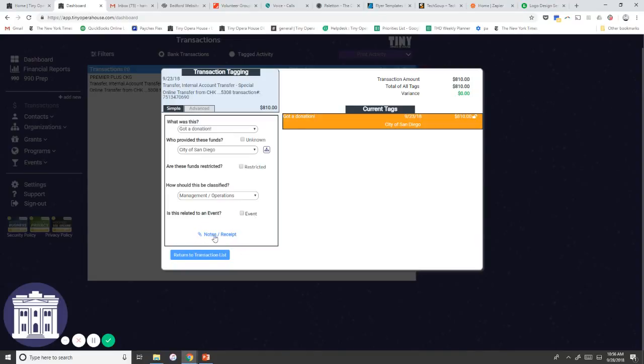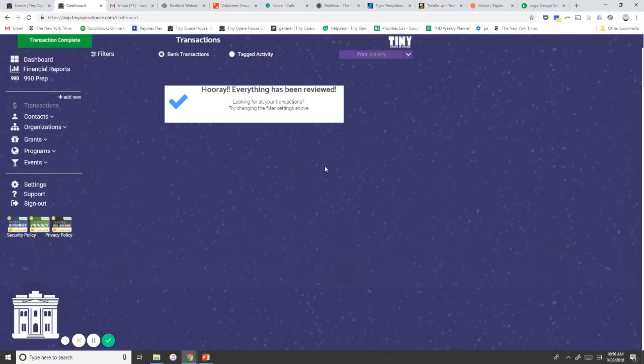You can add notes if you do this from your phone. Everything is designed to work well on mobile. That's why it's this size. It'll open your camera. You can take a picture of a receipt and keep track of that with this transaction. And then that's it. That is the whole experience with bookkeeping. Again, it's designed for people who have never done this before, but have great ideas, great passion. We want to help folks who are trying to do good in their communities or do good in the world focus their time on that and not on